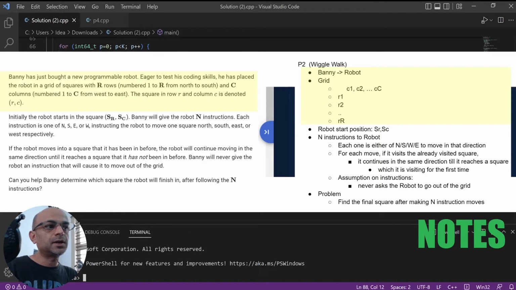You can see that we are talking about Banny, who has got a robot, and Banny will place the robot in a grid which has R number of rows from north to south and C number of columns from left to right, that is from west to east.